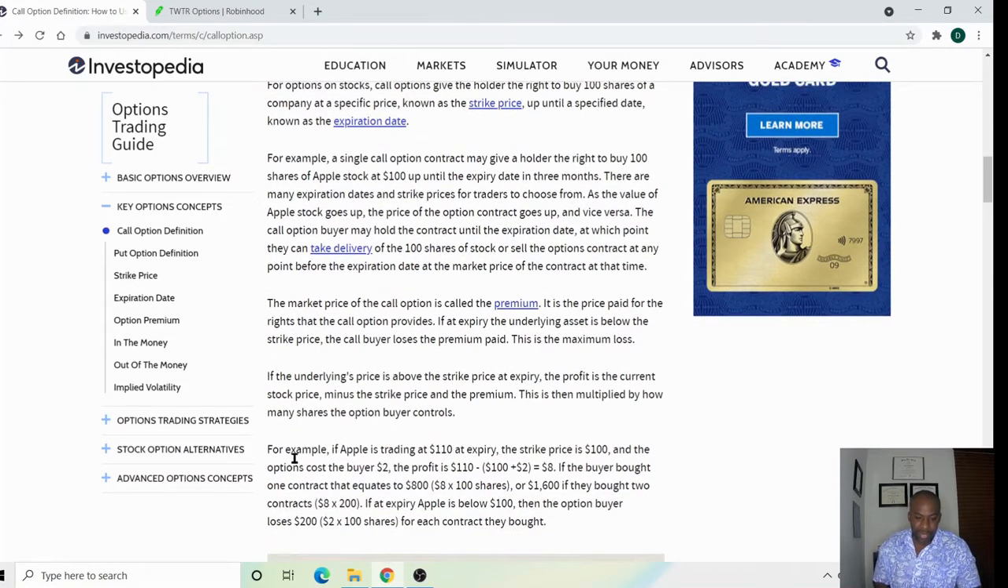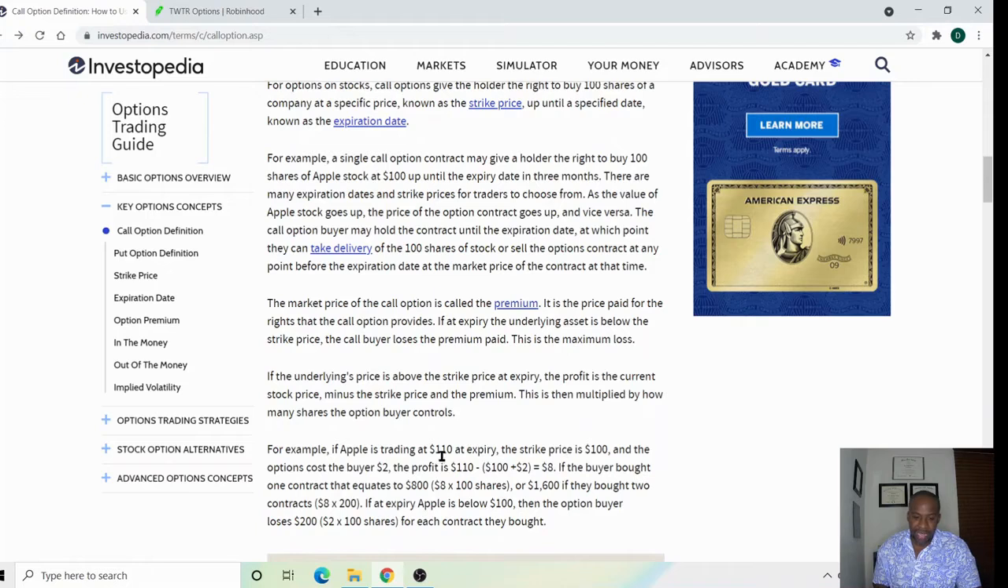Now, this is a good example. For example, if Apple is trading at $110 at expiry or expiration, and the strike price is $100, and the cost you paid for it, the premium, was $2, you will profit $8 per share. And of course, we're talking about 100 shares. So that means you'll profit $800. That's simply